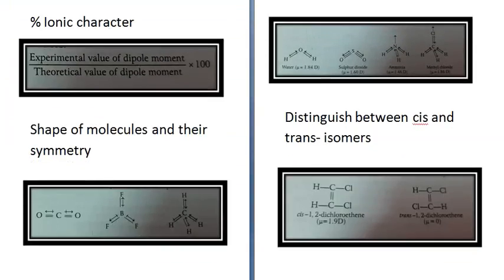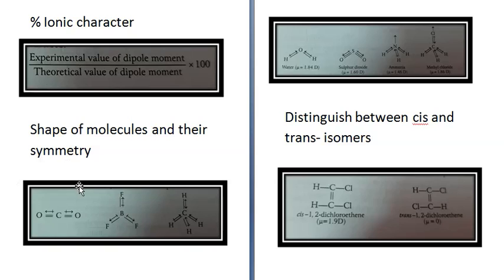Second, dipole moment is used to determine the percentage ionic character. Percentage ionic character can be calculated by the formula: experimental value of dipole moment upon theoretical value of dipole moment, into 100. Then the dipole moment can also be used to predict the shape of molecules and the symmetry